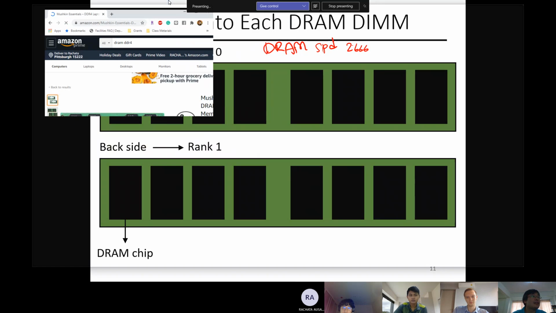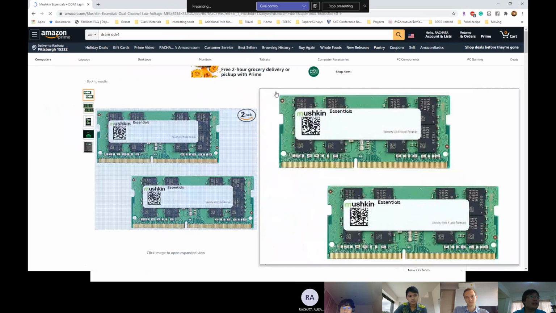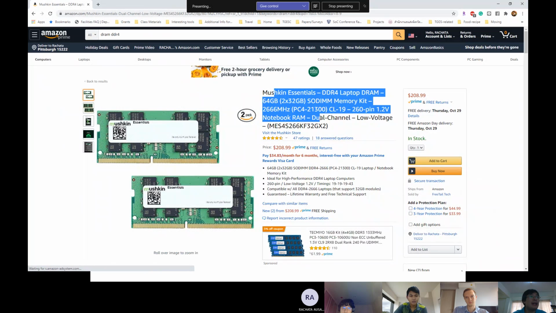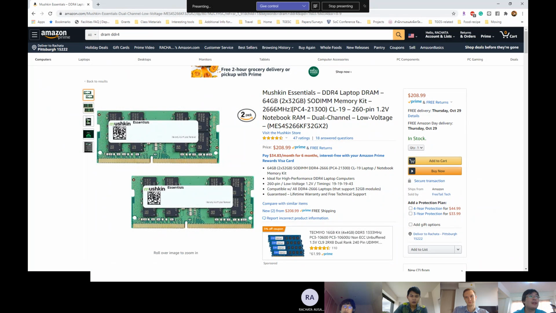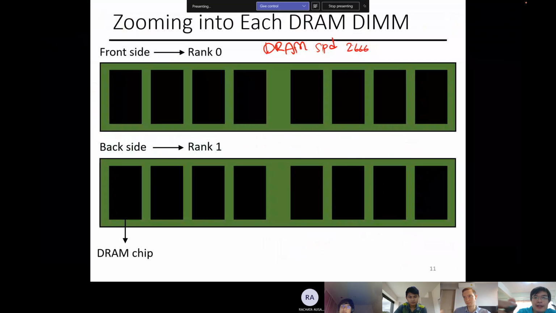Here is one example. You see some laptop DRAM with 2666 megahertz. Actually, this is a lie. It's actually not 2666 megahertz. It's actually half of that. I'm going to go back to my slide. You notice the number that I highlight, 2666. The way it works is if the specification is this, the clock is actually